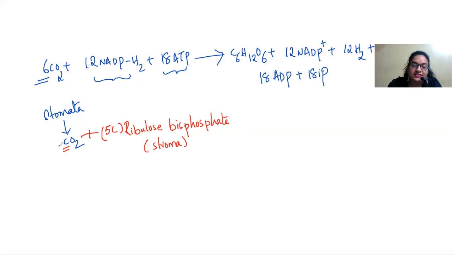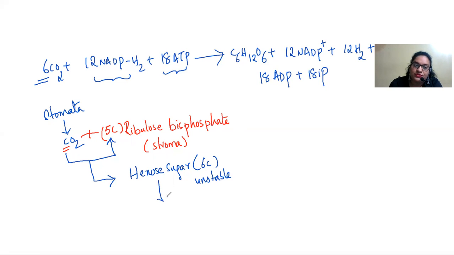Now what happens is the CO2, the carbon which is present, is going to be fixed with this five carbon atom sugar, and we get the formation of a sugar called a hexose sugar, which is a six carbon atom compound. But this is going to be very, very unstable. The moment it gets formed, it is going to instantly split into